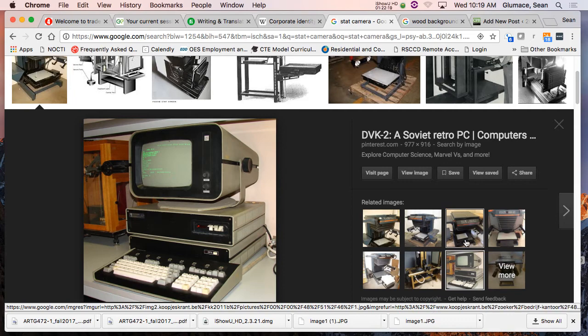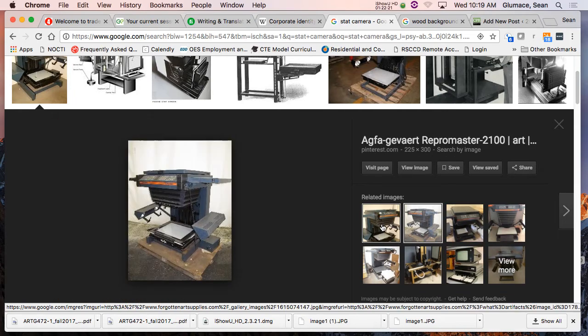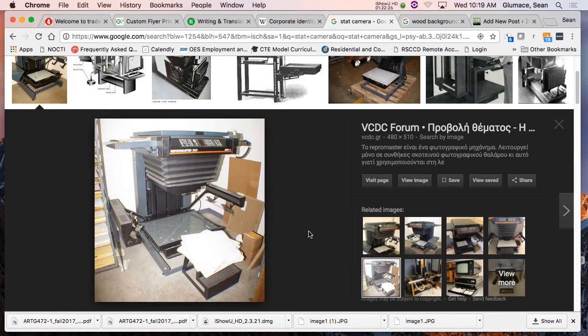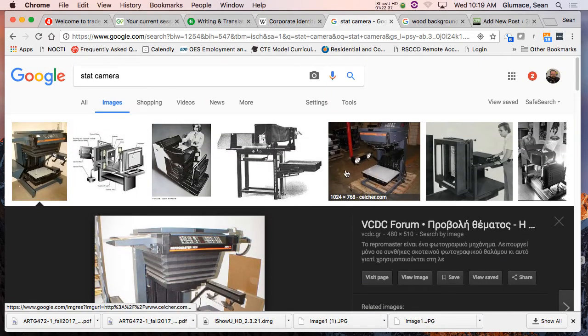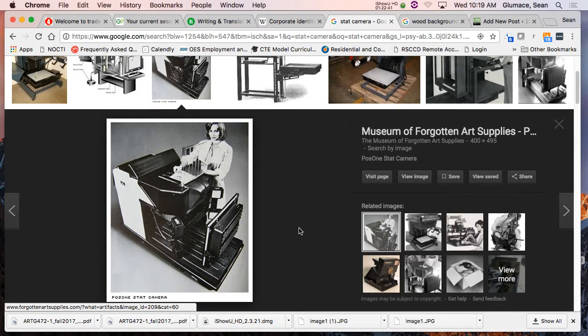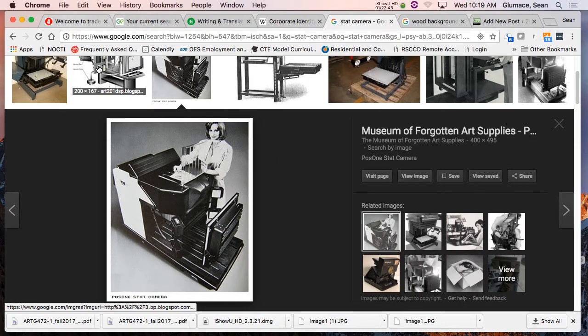That's for typesetting, actually. But these are all image setters. This is how all artwork was reproduced. You could take a small image, you pull it up so the camera is zoomed out, because it's just a giant camera, and then put it in, boom, shoot on film. That's how you enlarged. We would use these to enlarge artwork. And you'd have to do it 4 times. 4 colors. So, all gone.